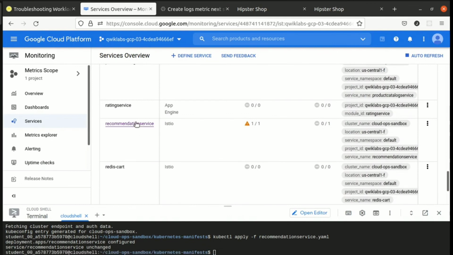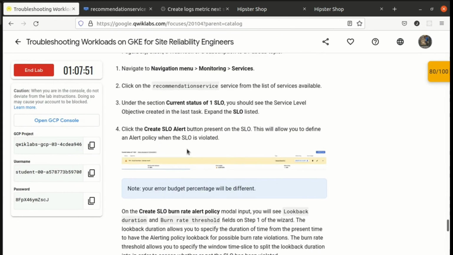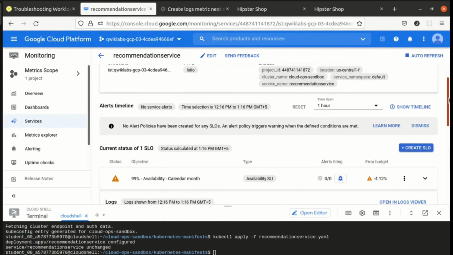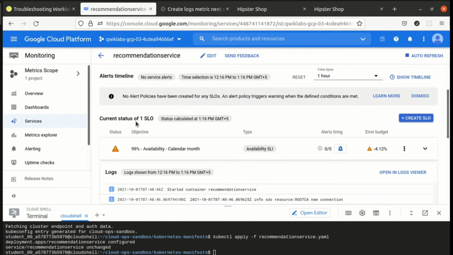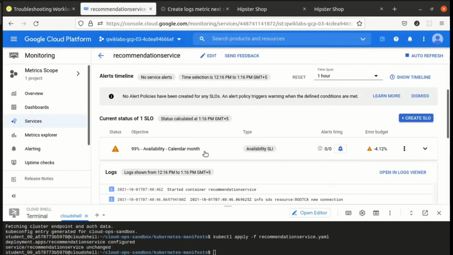We are over here in the recommendation service. Under the section current status of SLO, you should see the service level objective created. Expand the SLO list.